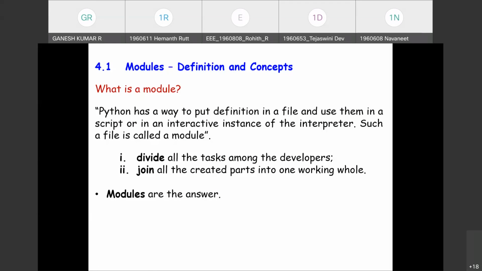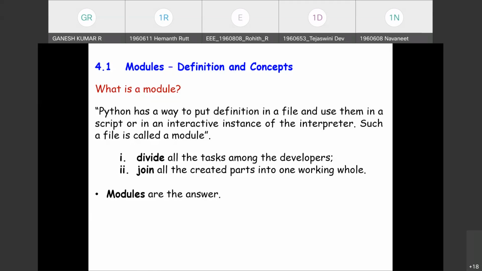Such a file which collects all the associated terminologies, verbs, actions, and other features of your program is called a module, right?